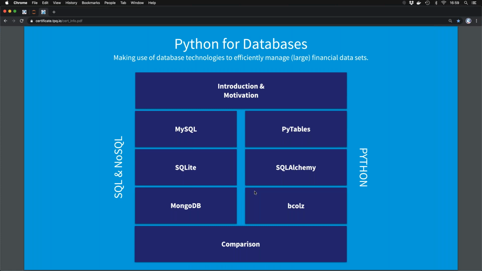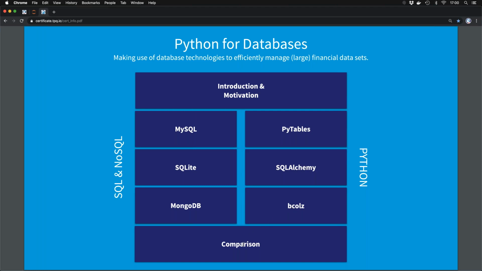What we cover in this class are NoSQL and SQL databases, as well as alternative binary stores. After an introduction and motivation, we cover MySQL, SQLite, and MongoDB as a NoSQL database and object store. PyTables is pretty powerful, in particular in combination with NumPy and the array objects, as well as with pandas DataFrames. Then you have this abstraction layer to the SQL world, SQLAlchemy. And then a little bit exotic, a columnar data store, which is also pretty fast and has lightning fast compression capabilities. Here and there, I see quite interesting use cases.